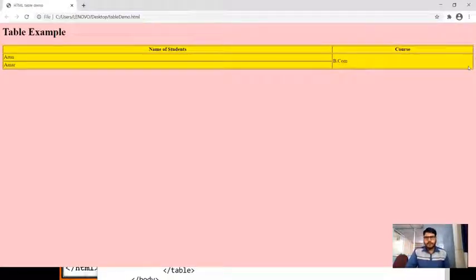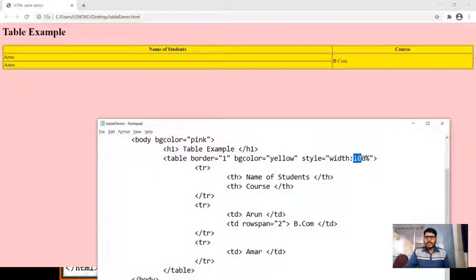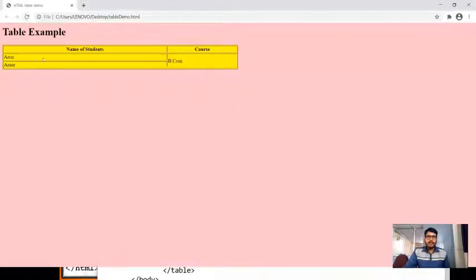100%. Say for example, exactly I need to cover 50% of the portion. At that time, I can set this width value as 50%, so that my table will cover only 50% of my screen. So now let me save this and reload this. Now we can see here my table got its width exactly 50%.